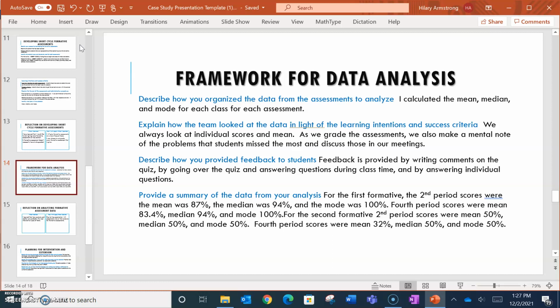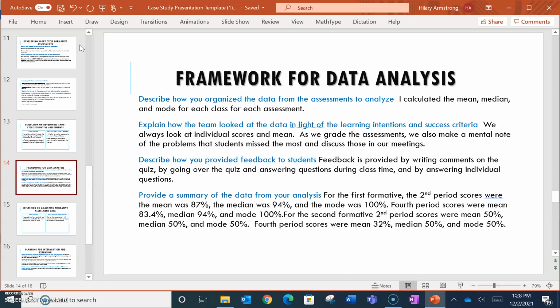To provide feedback to students, I usually will write comments on their quiz or write down the formula that they should have used or work out the problem or put a smiley face on if they did good. And then I also like to devote class time to going over the quiz. So I'll give quizzes back and then I'll just go over any problem on the quiz that the students want to ask for, and then sometimes they're too shy to ask, so I'll go around and answer individual questions.